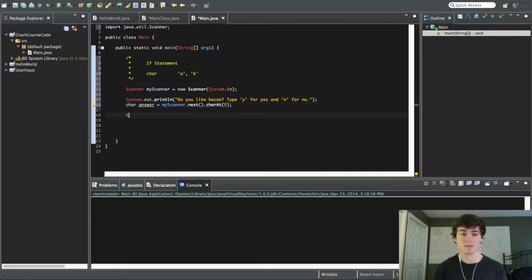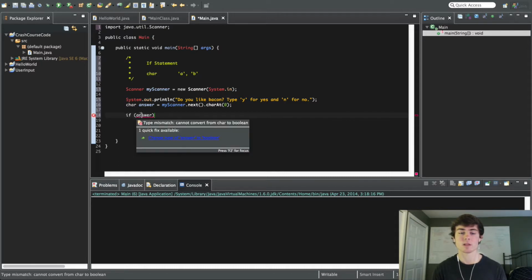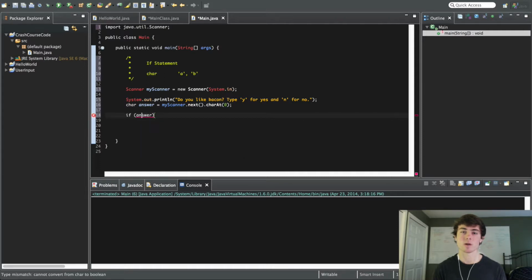So now we're at the if statement. We're going to say if, you put in the if keyword, and then you put these parentheses after it. What's contained within these parentheses is going to be the condition that must be true to run the next line of code. So I'm going to say if answer equals